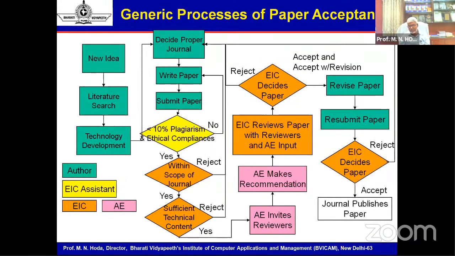My dear friends, this particular flow chart you might have gone through, I will go through it quickly. It only tells you the different steps which any publisher follows in order to review your paper, from submission till final acceptance of the paper. I have circulated this slide. I have in fact sent this slide to Dr. Shikha, and she may circulate it to all the participants, and you may go through it.